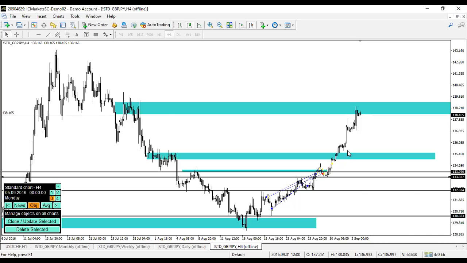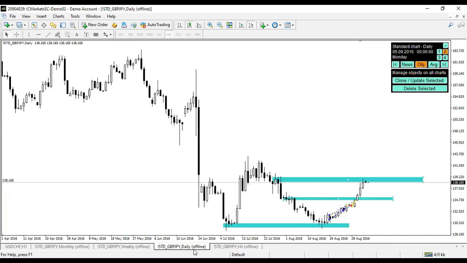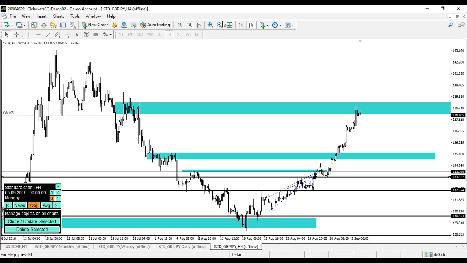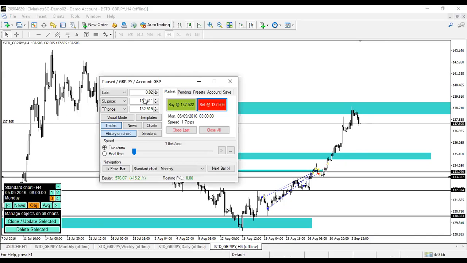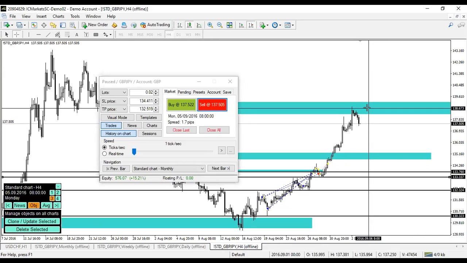So right now price is heading toward a strong level of support. This is H4 support. This is a daily support as well. If price creates some sort of solid resistance at this point, then we can look for the sell option here. Price is just hovering around this level, and now we have a solid candle here. It would be a risky trade because we have a bullish structure. Maybe price breaks this, so we enter a trade with lower risk and put our stop loss right above this level,